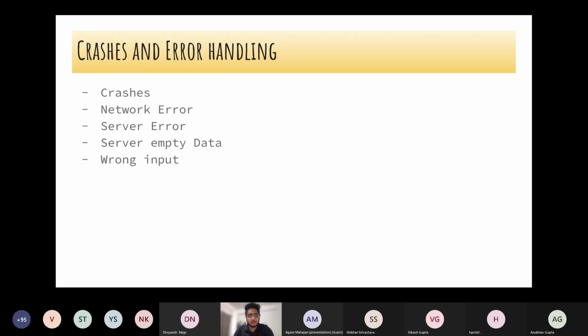So crashes are a straight no. We should not have that. We should gracefully handle crashes. Now in Swift and Kotlin, we can very easily gracefully handle empty objects and all these things in our code base, right? So you should take care of that. Whenever there are optional or empty things, it should not lead to a crash.